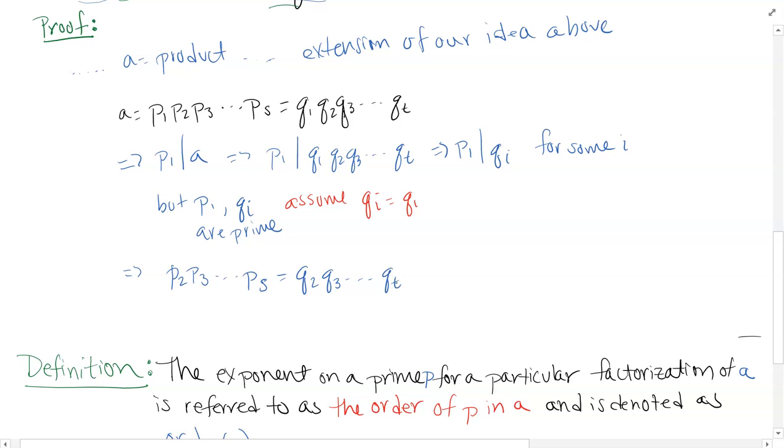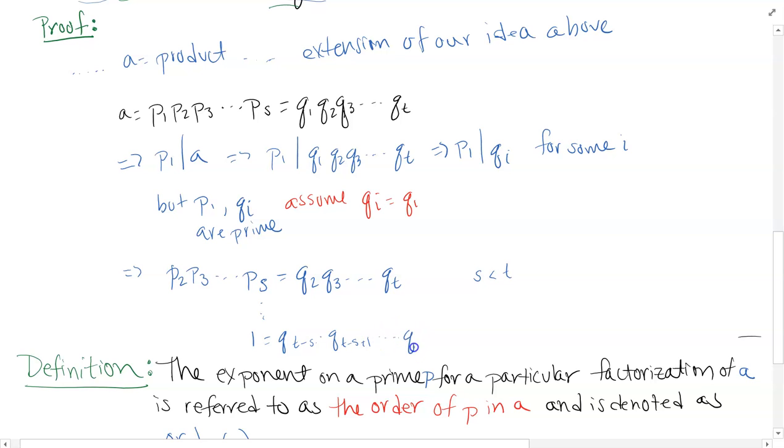And then you repeat this, and eventually you are going to get one of the sides, and assume for right now that s is less than t. You're going to get 1 is equal to q(t-s) times q(t-s+1), actually plus 1, I'm sorry,